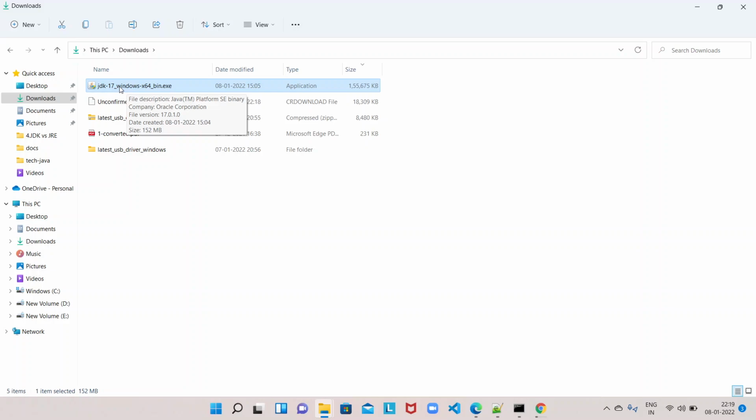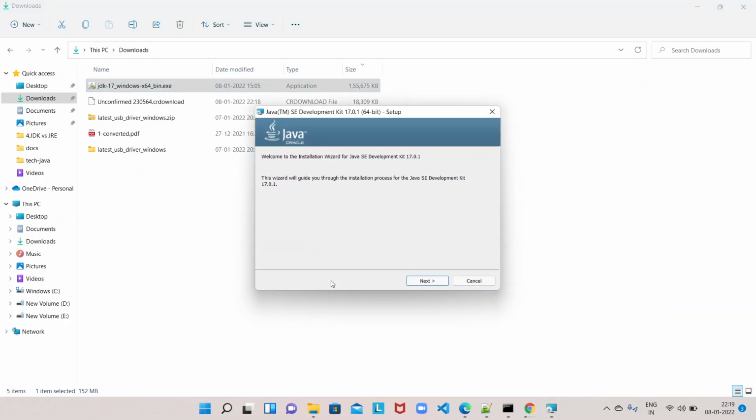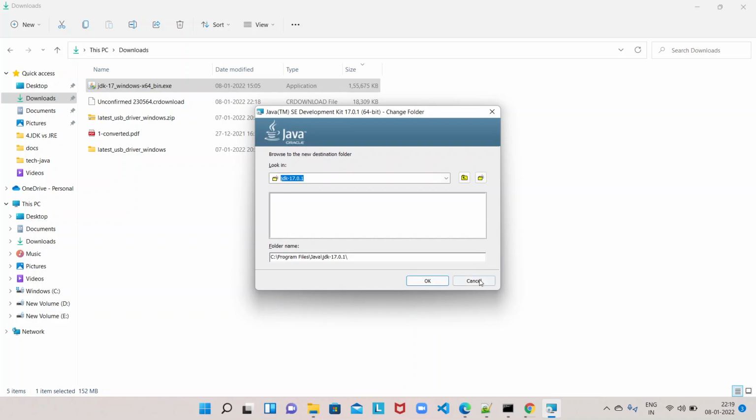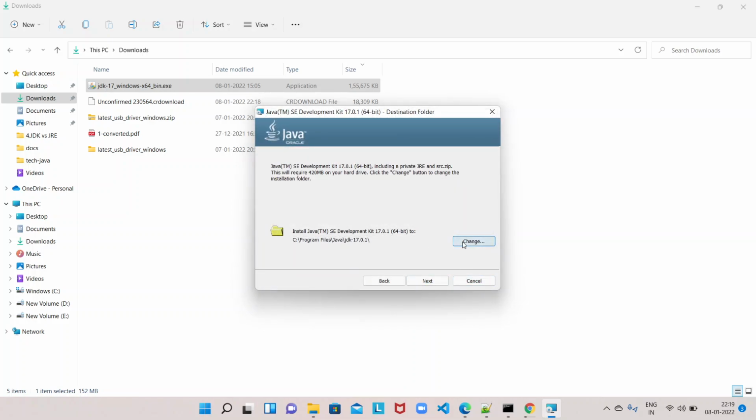Once the software is downloaded for you as well, you can double click on the install executable file and continue with the installation. During installation, you just have to follow the instructions provided by the installation wizard. It is going to install the Java 17 version. The only thing you need to change is the installation path. Either you want to change it to some other drive or continue with the same drive, you can click on change and modify that. I'm continuing with the default one.